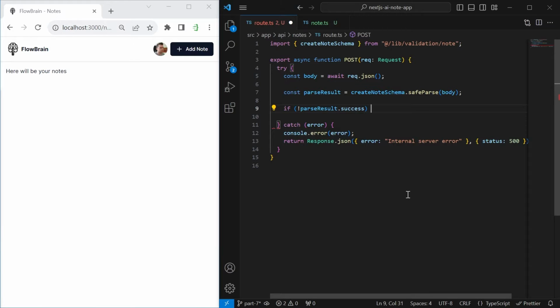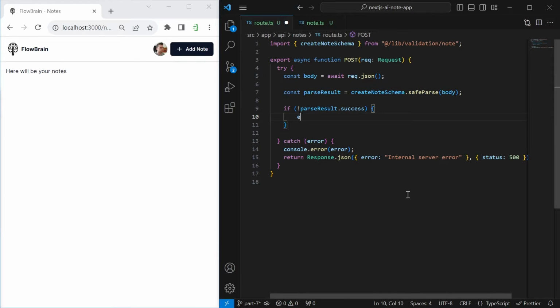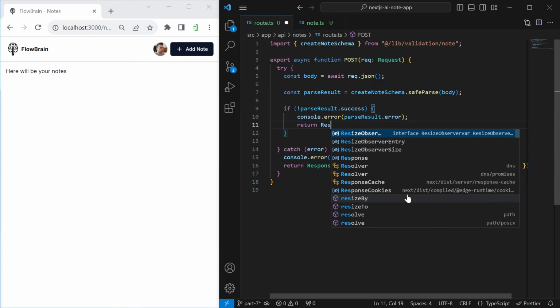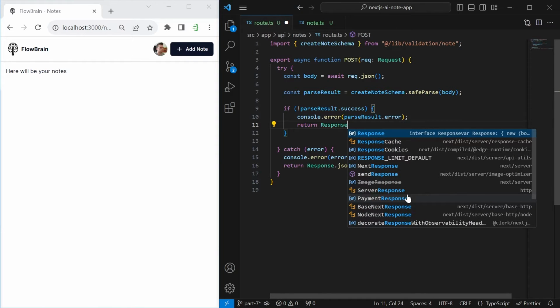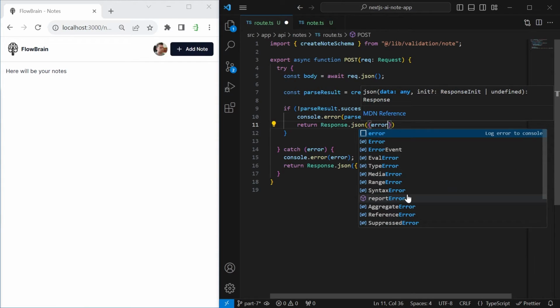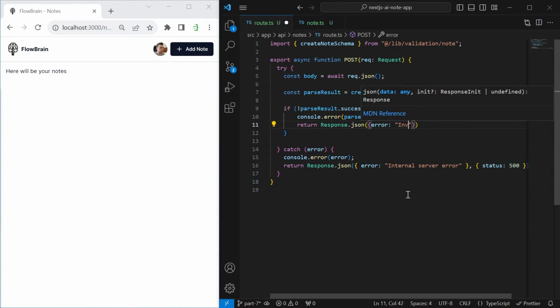So below we check if !parseResult.success. So if the validation failed, then first of all we want to log an error to the console. We want to log the parseResult error. And then we want to return an error response to the front end. So again we call response.json. Again we put an error key in here, which will say "Invalid input". And again we set the status code, but this time to 400, which is the HTTP status code for invalid